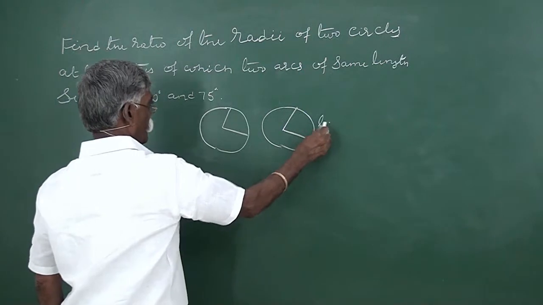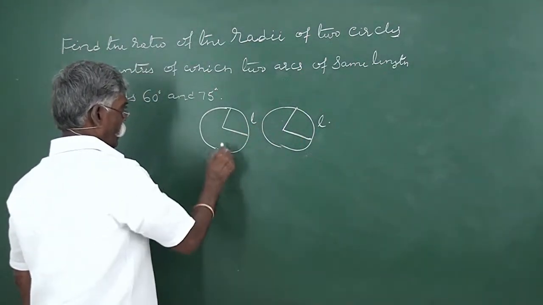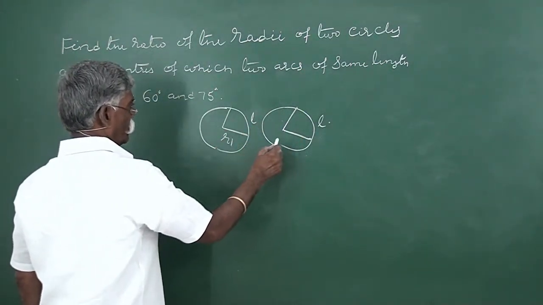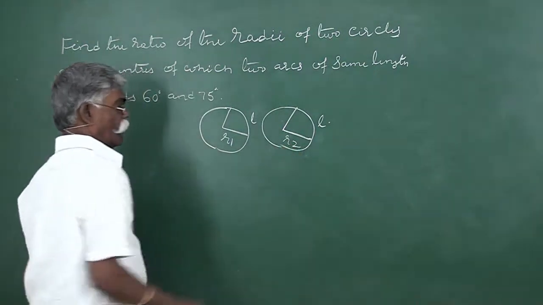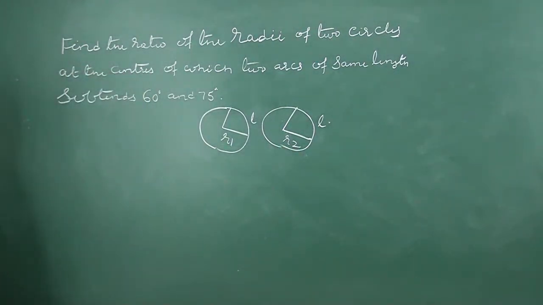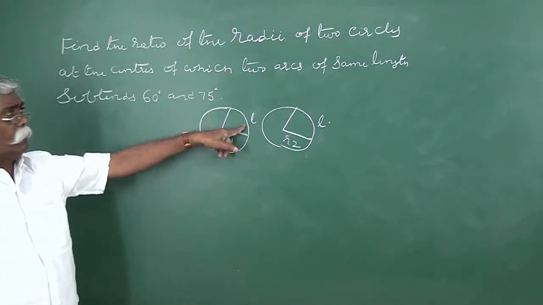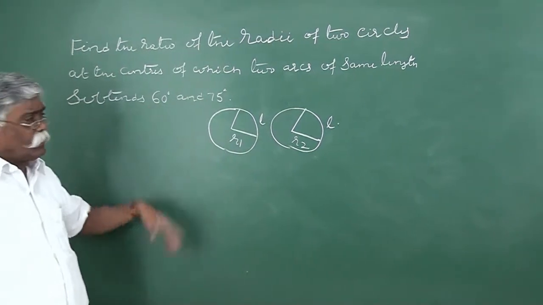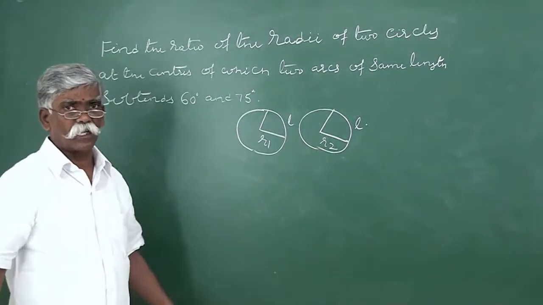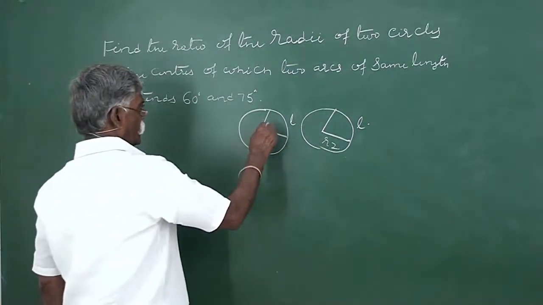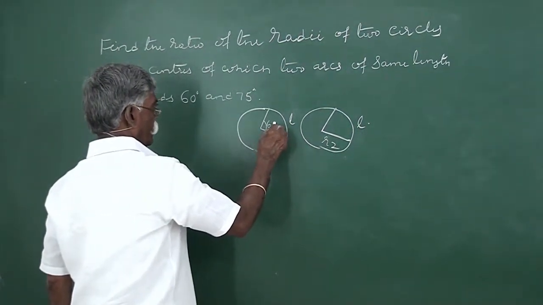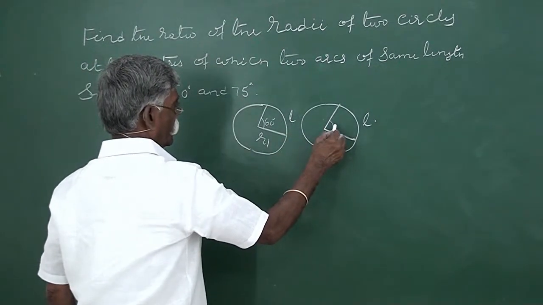So let the equal length be L, and let the radius of this one be R1 and this be R2. Now the arc of this circle is making 60 degrees and the arc of this circle is making 75 degrees. So this angle here is 60 degrees and this angle here is